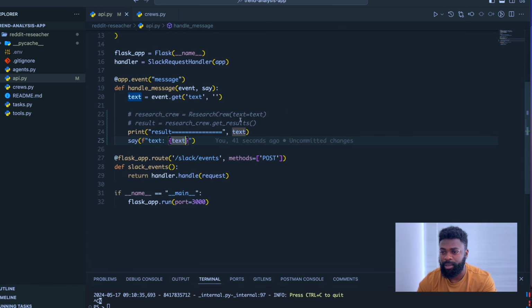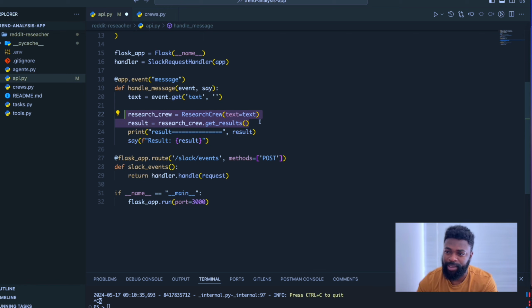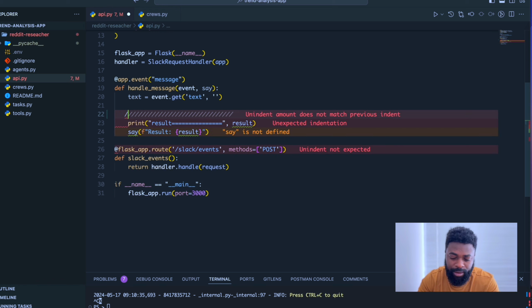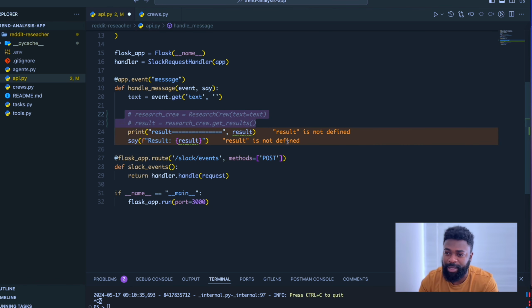In order to have our application running properly, we still have our old application that requires certain things like environment variables to be able to run. So we don't want that to run right now. So we're just going to turn a few things off. Just come to your API.py code, turn all of these researcher crew, turn all of those off. Command slash, okay, would comment them out, and where we are printing the results, we are just going to send